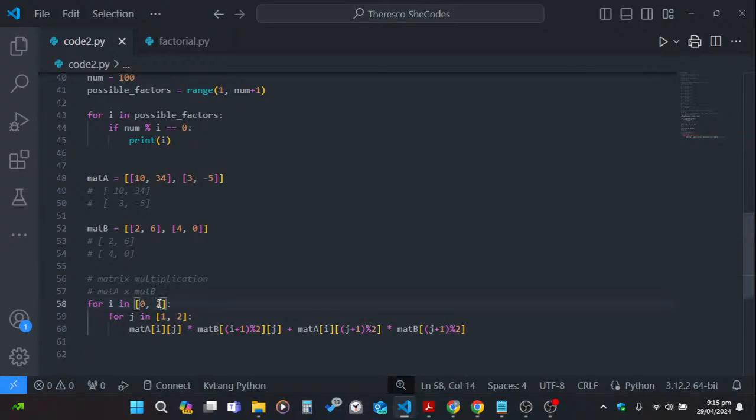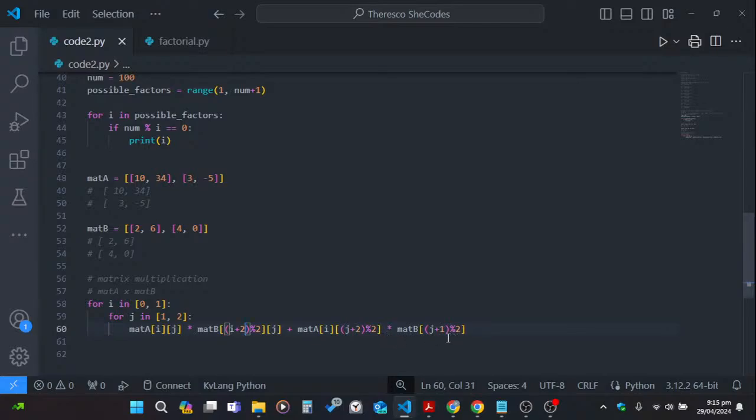Sorry, so let me do this one. 0 and 1. I should have pre-coded this one. So 1 1, 1 2, then 0 1, 0 1. Let me put plus 2 instead. Plus 2. So 0 1